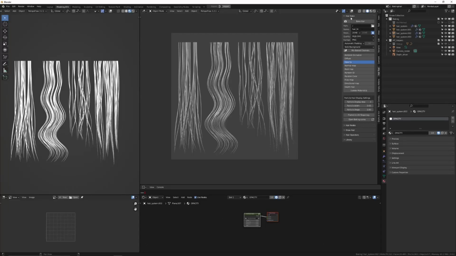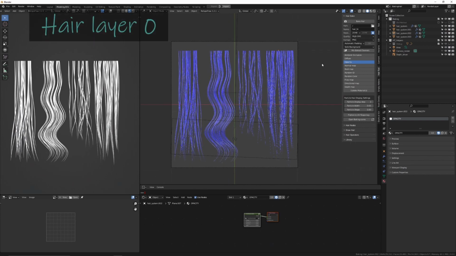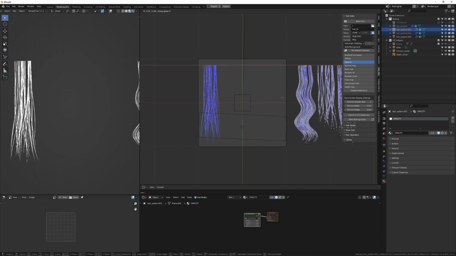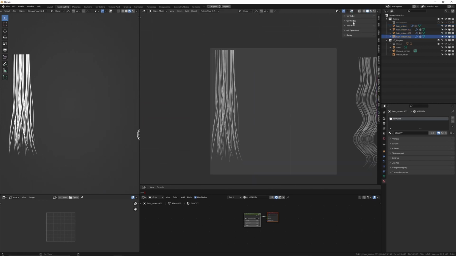So now, we are going to start off with making the texture for the hair layer 0. For this layer, we need the texture to be dense and thick to cover up the character's head. So I'm going to use this one as a base. It's got all the deformers we need, so we can simply adjust settings for these ones to achieve the result